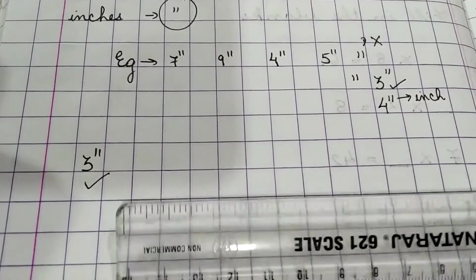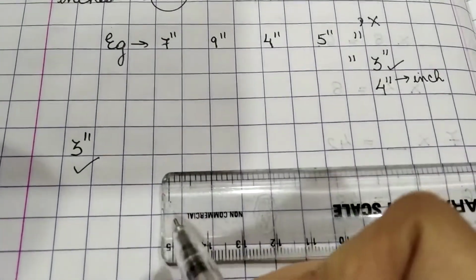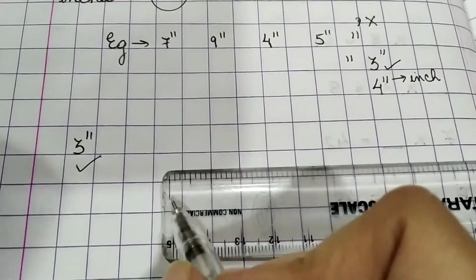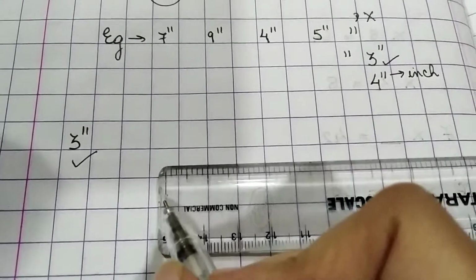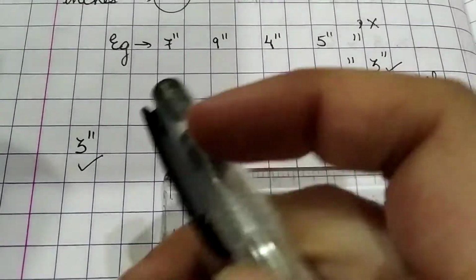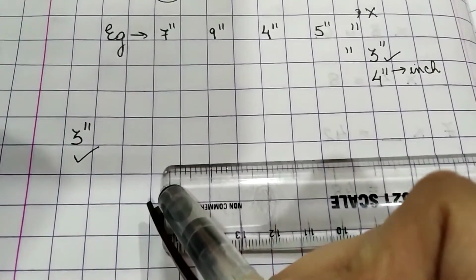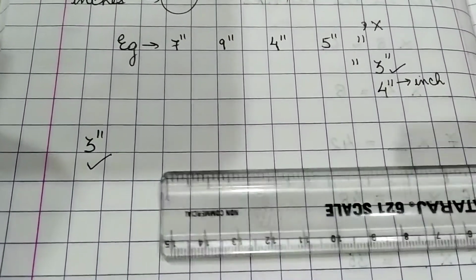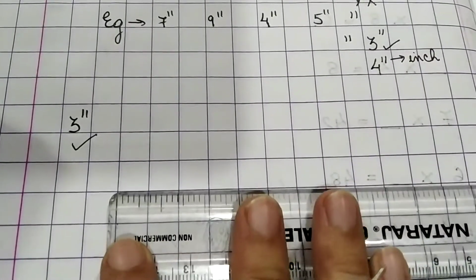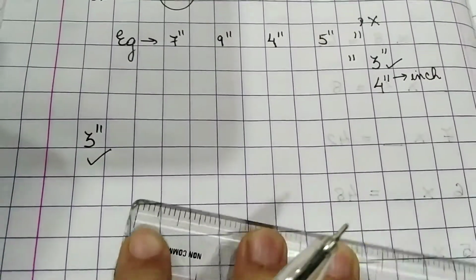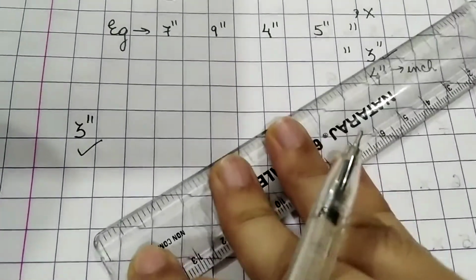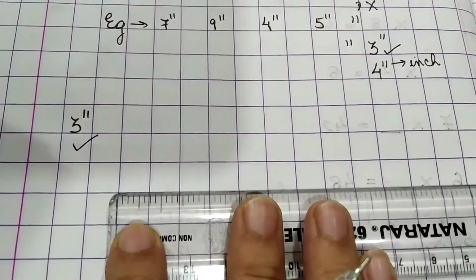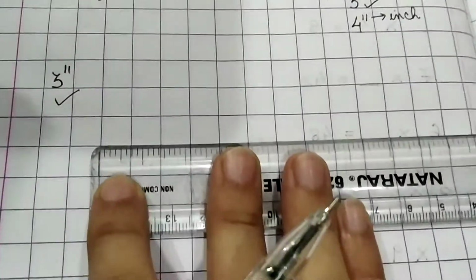Again I am telling you, we always begin with this longer line that you see, the first mark that you see on the scale. From here we are beginning with the measurement of inch. This longer line that you see over here, we will take the inch measurement from this longer line. So we are going to start the inches from here. So you will place your scale properly on the notebook like this. You should not place it like this. This is not the correct way, nor like this. Place it straight like this. So this is the correct way of placing your scale on your notebook.